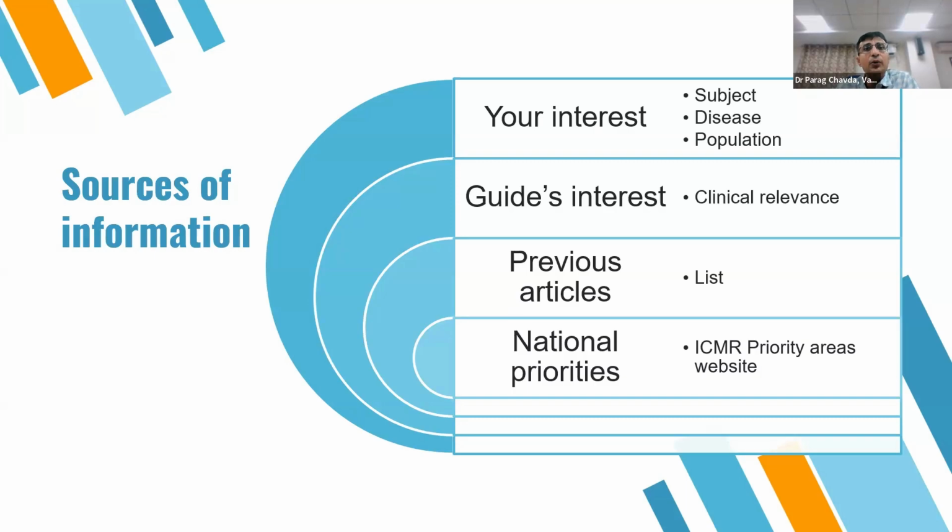So when you will be writing the proposal, usually it would be a good idea to identify that your proposal or your topic of interest also falls under those priority areas. It's very likely that your research topic will fall into one of those research areas. And in your proposal, if you can refer to the ICMR documents, probably it would add strength to your claim that this is an important area to study.